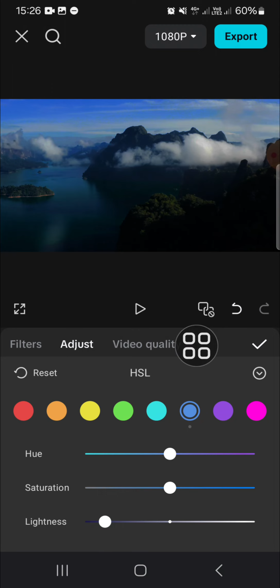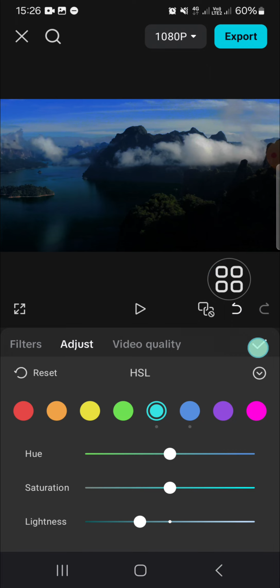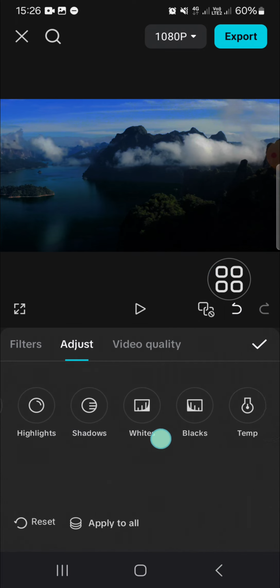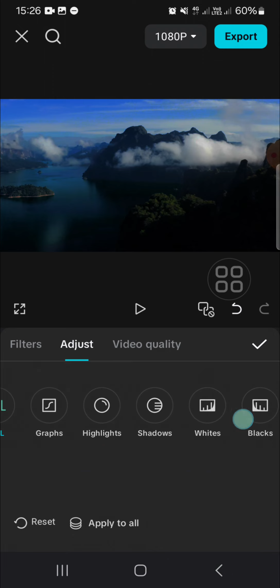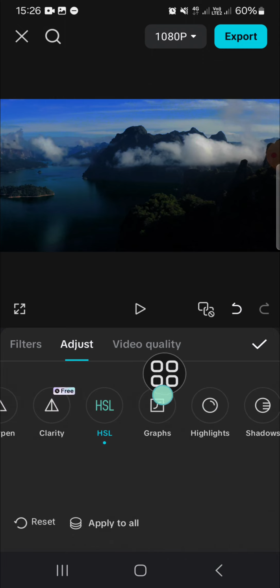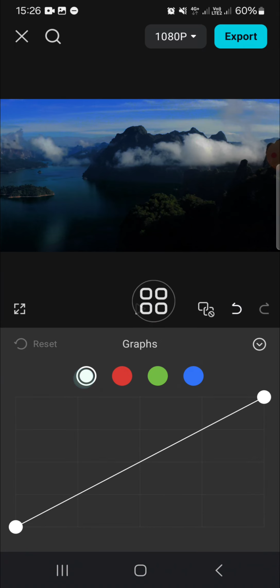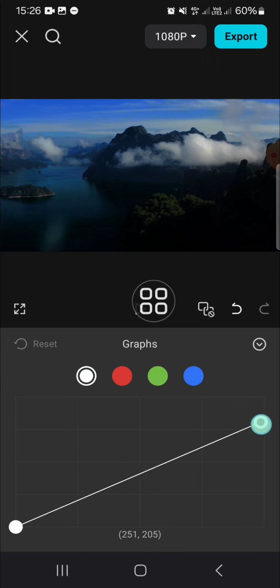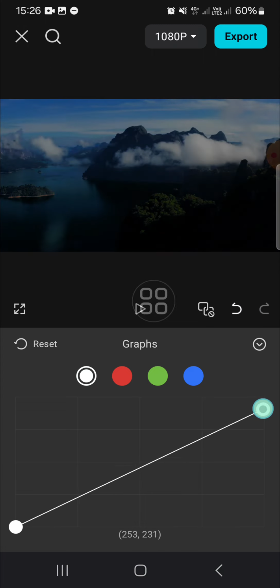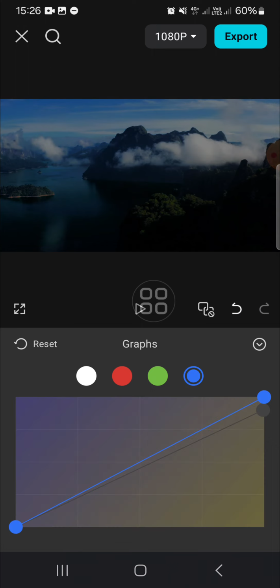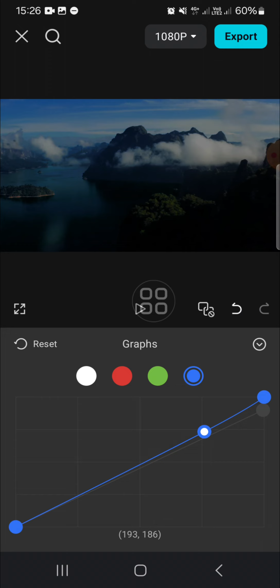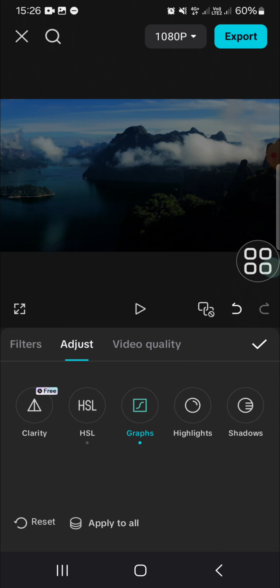Okay, and for this light blue as well, I'm going to reduce the lightness, and then I'm going to go to the color curve. Wait guys, I'm still trying to find the color curve. This one, go to the grabs, and then you can go to the white color, and we can reduce it a little bit. I'm going to select blue as well. Okay, and I think it looks good, guys, and I'm going to go back, click on the check mark,